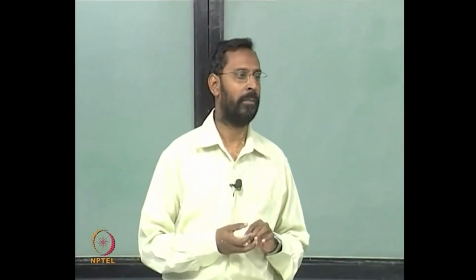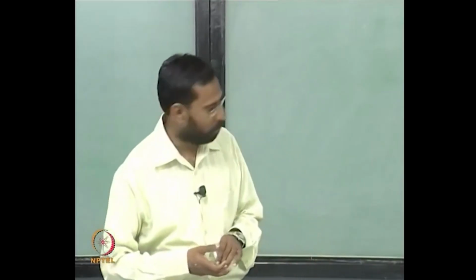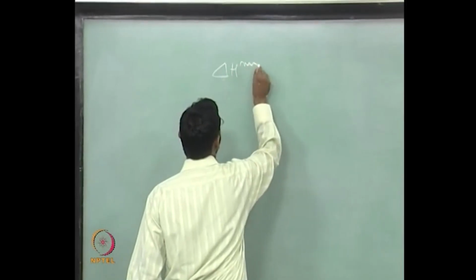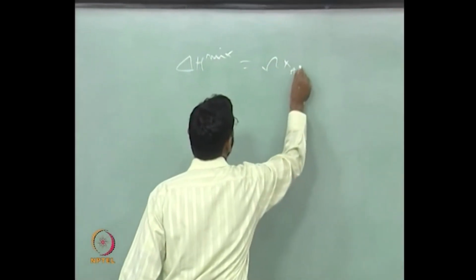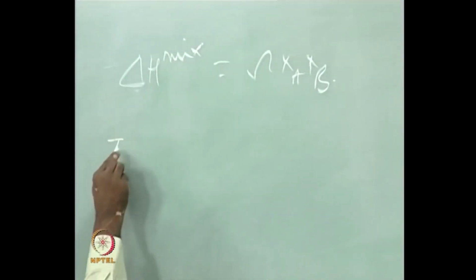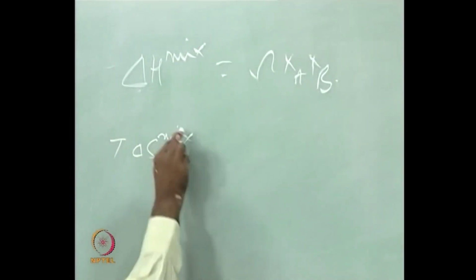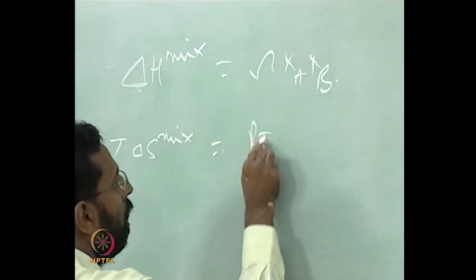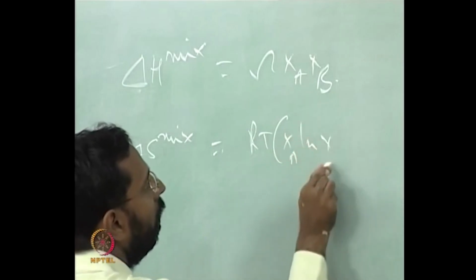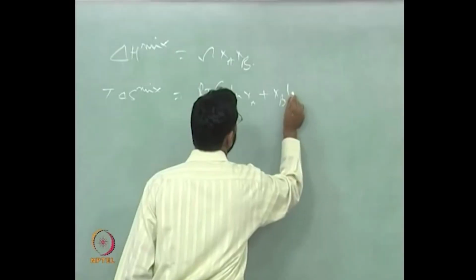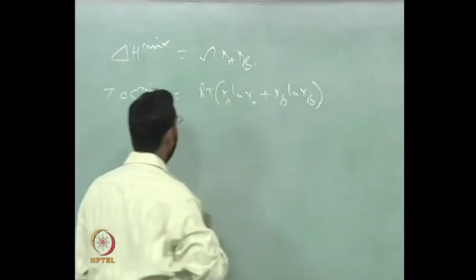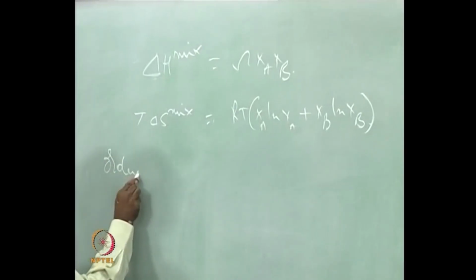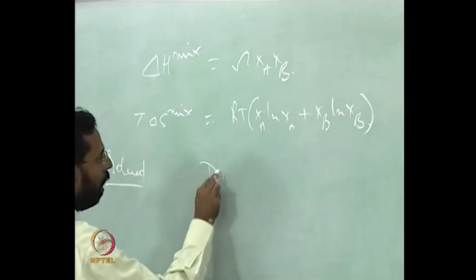I think it is not a major problem. The only thing is, the moment you say regular solution model, you know delta H mixing is omega XA XB and T delta S mixing is what we know: RT (XA ln XA plus XB ln XB). But if you want to consider ordered and disordered now carefully, so for the case of ordered and disordered,